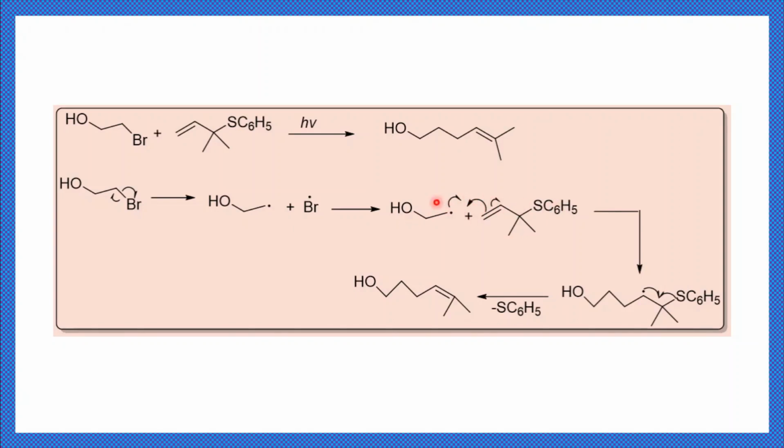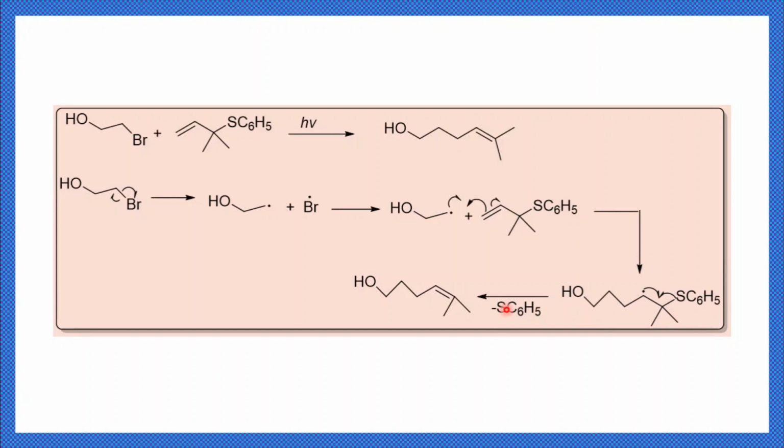The bond formation between this hydroxyethane and the allyl sulfide takes place, and it generates CH2 radical. Then the next step is the breaking or the fragmentation of this CS bond. So it generates CH2 radical. This CH2 radical reacts with this CH2 radical. It forms carbon carbon double bond, and it generates SC6H5.